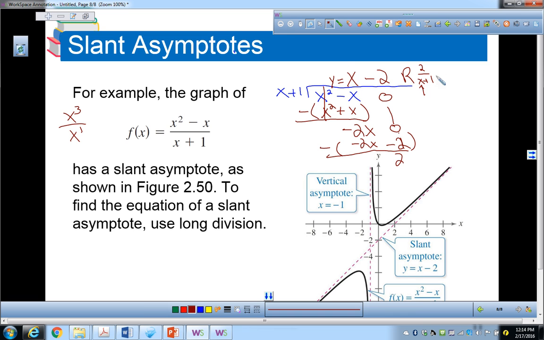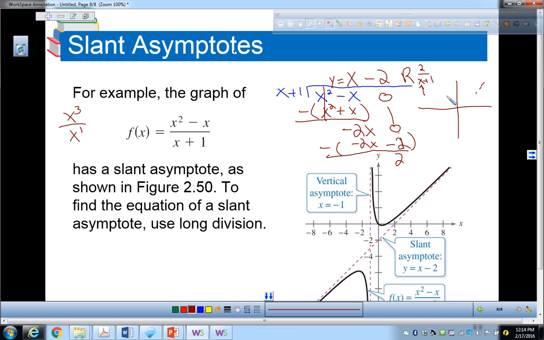So, the other thing is you can't have both a slant asymptote and a horizontal asymptote. The way you graph it, this means you have a slant asymptote of y equals x. Here it is, y equals x minus 2, right? Y-intercept of negative 2, a slope of 1, okay? And a vertical asymptote at